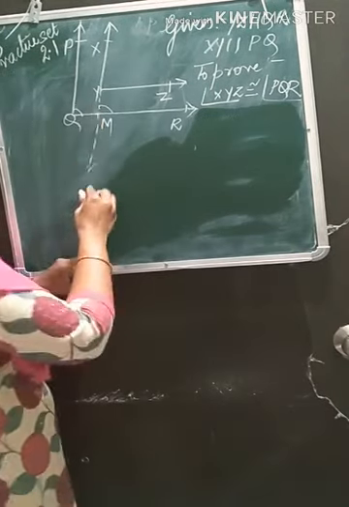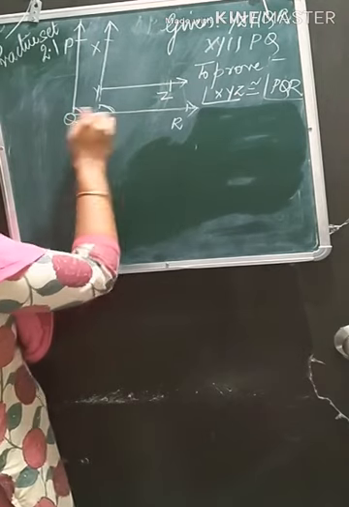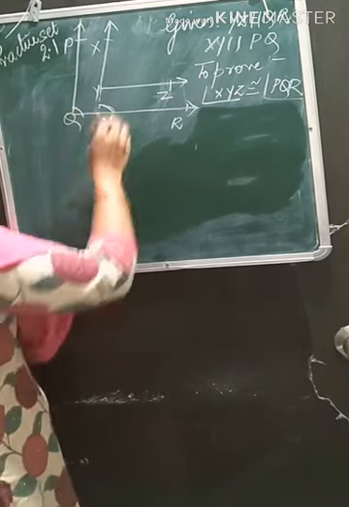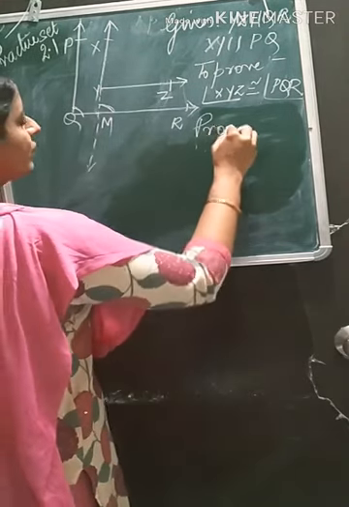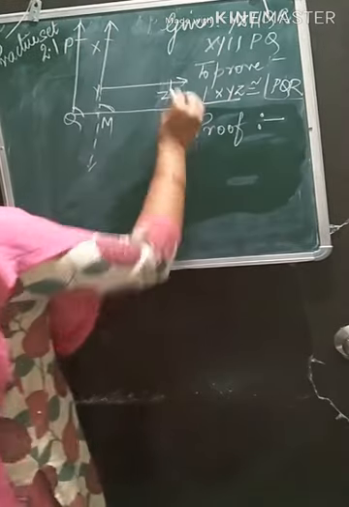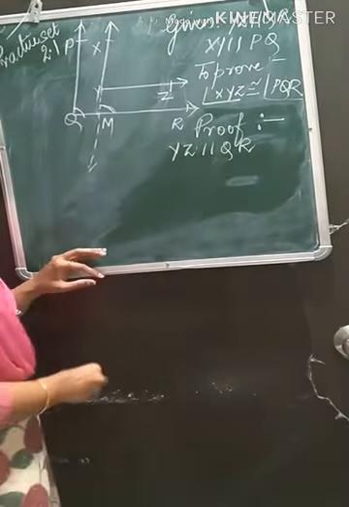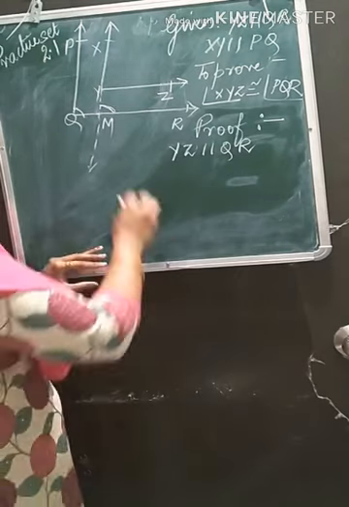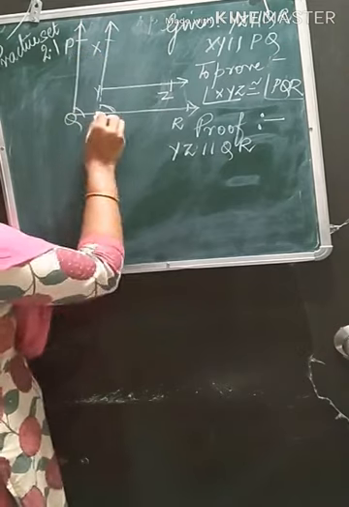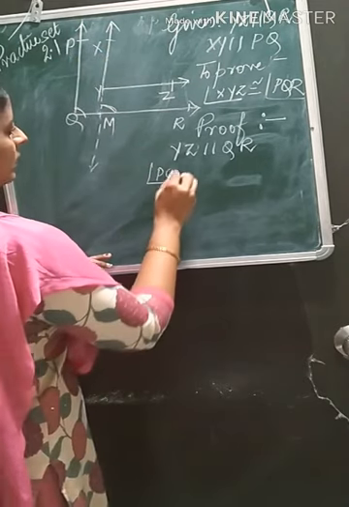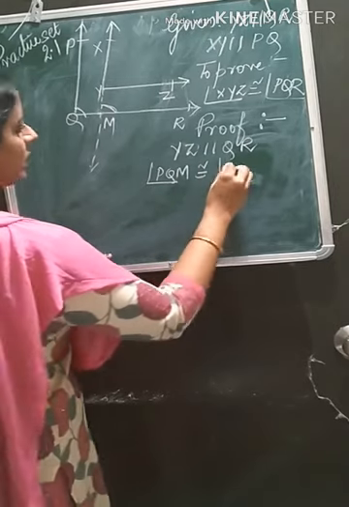Now we have the construction in the beginning itself. I told you when we have this construction we can clearly see the corresponding angles. So let us write about the parallel lines first. So this is proof. Write down YZ parallel to QR. YZ parallel to QR. So which are the corresponding angles that you can see? Angle PQM congruent to angle YMR.